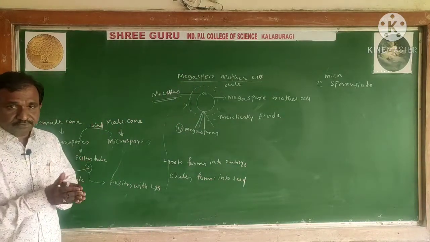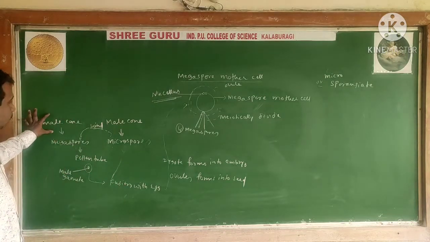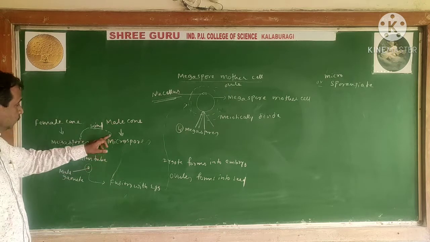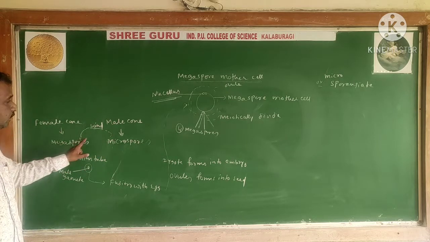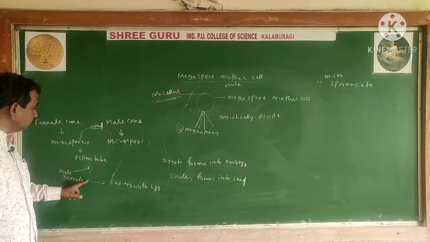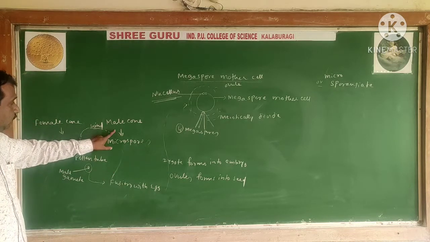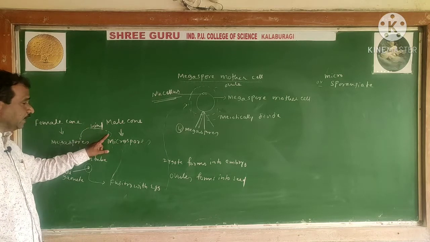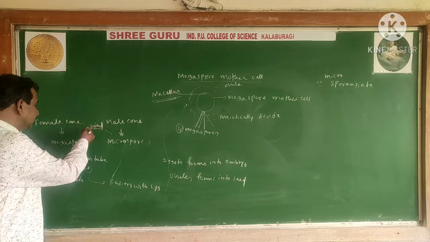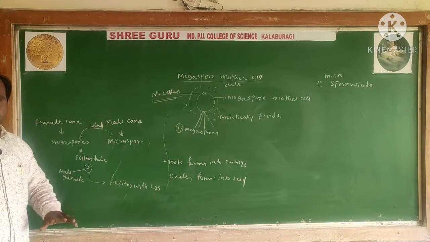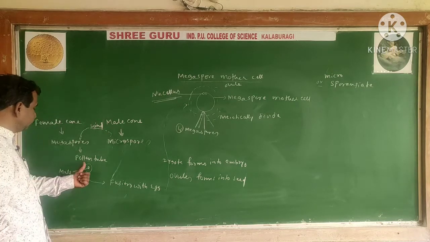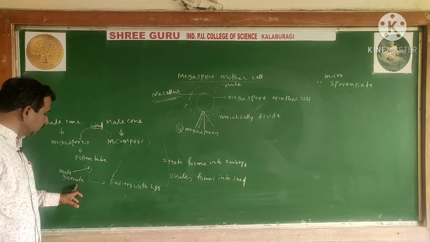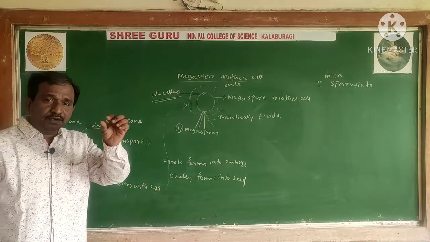So once again I am revising: we spoke of the female cone and the male cone. Now the reproduction period is found here. The female cone is the megaspores, the male cones are the microspores. During the liberation of the spores, they are carried through the wind and fall on the ovule. Inside the ovule, pollen tube formation takes place. Each pollen tube comprises one male gamete, that is, understand it as one pollen grain.